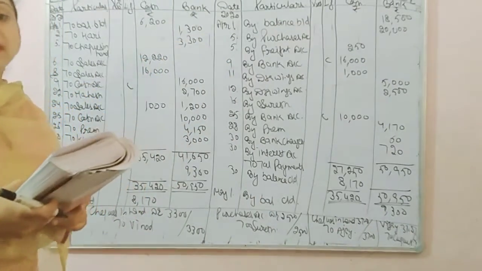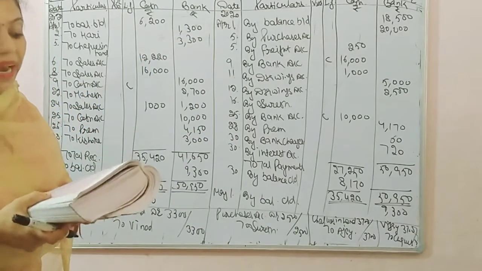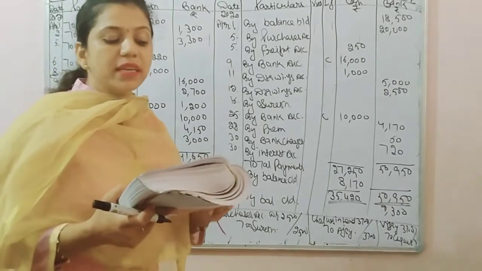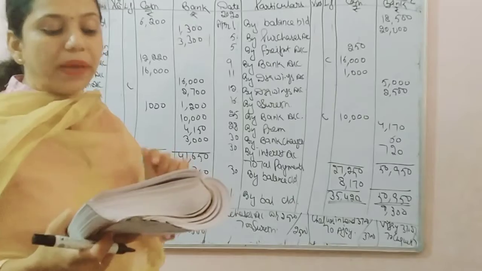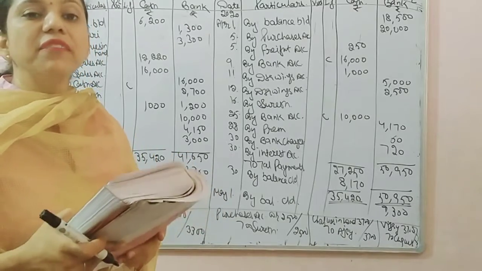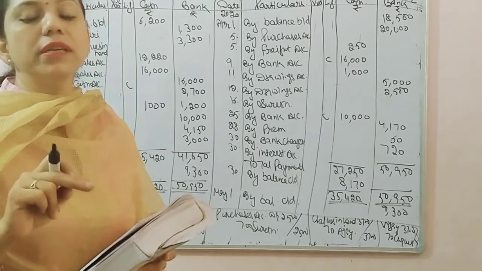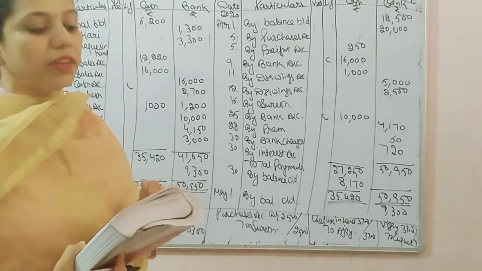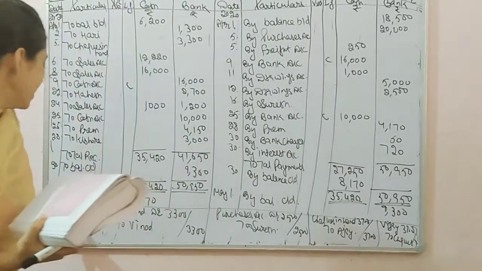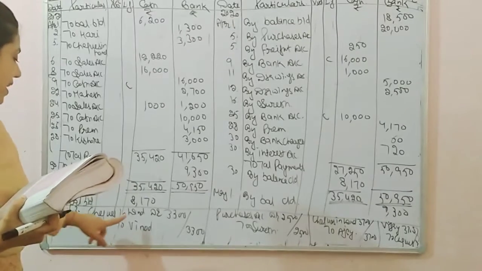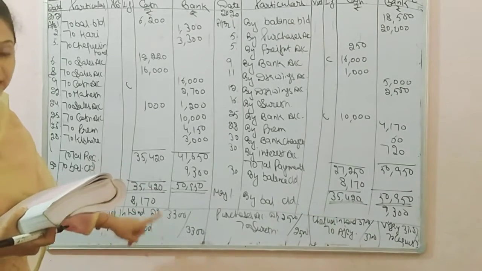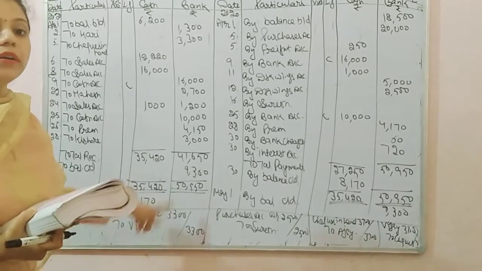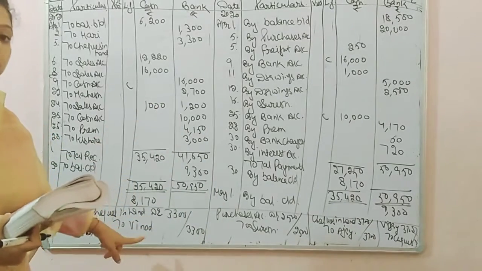Third, received a check from Vinod. And in fifth, again we will read the next line. Check received from Vinod, deposit into bank. That means check received on third but deposited in the bank on fifth. So on third, what will be the journal entry? It will be in journal, checks in hand to Vinod. As you can see, there is no cash in bank, so it will not be recorded in cash book. It will be recorded in journal.